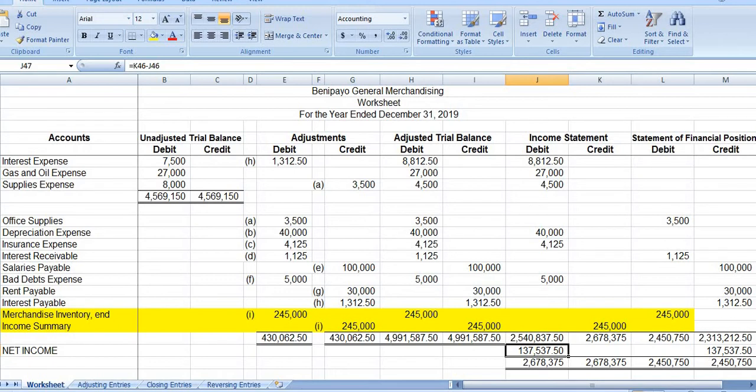The important question then should follow. How will we know whether this figure of 137,537.50 is net income or net loss? There are actually two ways to know. First, compare the total debit with the total credit of the income statement columns. Which total is higher? This debit total or this credit total? This credit total of